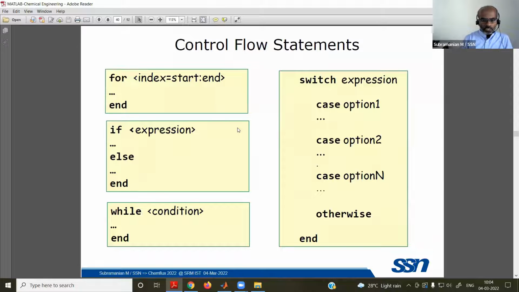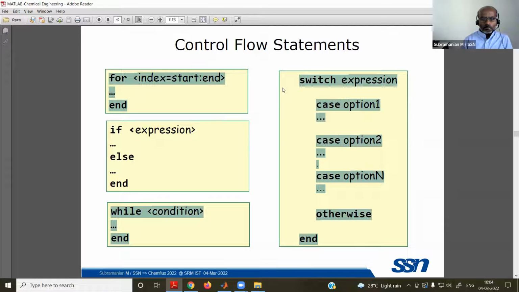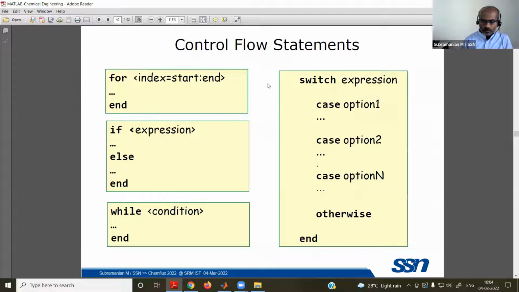Okay, as in any programming language, you also have the control flow statements. Of course, a for loop is not very needed for simple array operations. But if you have so many arrays to be processed or a lot of other checks to be done, then you can make use of these useful control flow statements available in any programming language. Say, the for loop, which you may know easily, and if some expression is correct, do this, or else do that, or while operations, or switch case statements. So as in any programming language, MATLAB also has that. Okay.